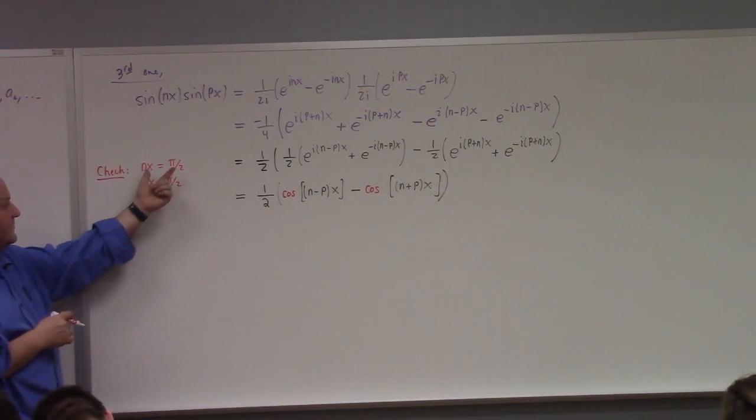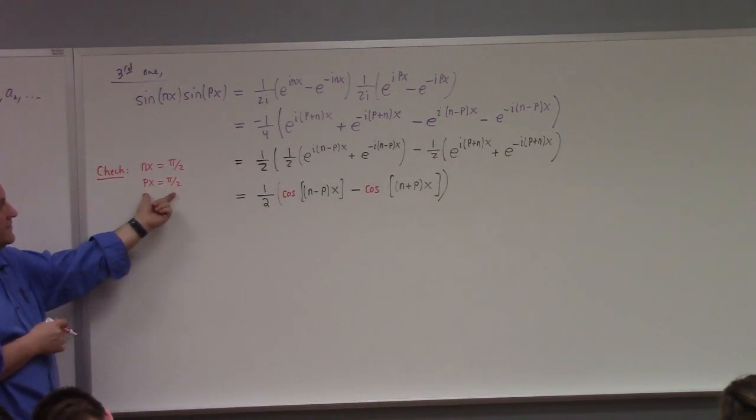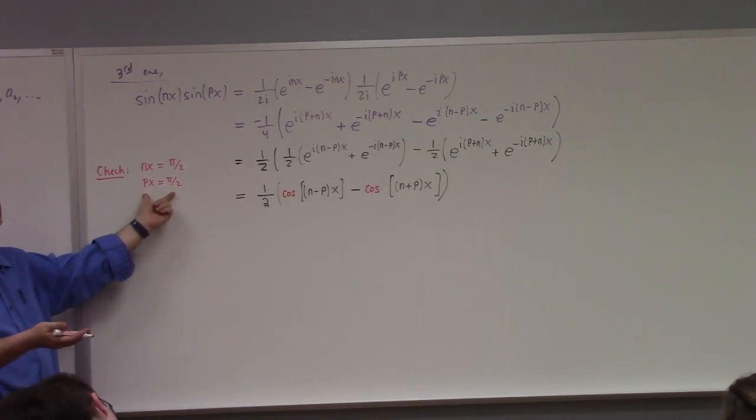But if we set nx equal to pi over 2 and px equal to pi over 2, we know sine of pi over 2 is? We know,